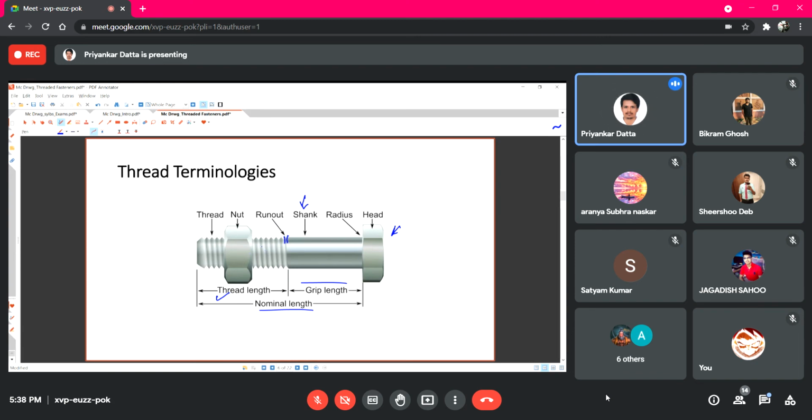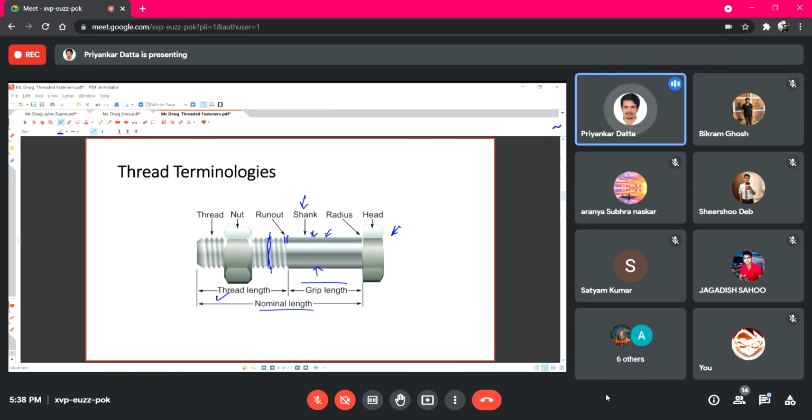Right? Now this shank part, why do we not provide threads over here? You can understand that this shank part has much higher diameter compared to the threaded part. In the threaded part, some material is removed, so the minimum diameter is somewhat less than the diameter at the shank. If we remove the whole material, this part will also become weak under tension.